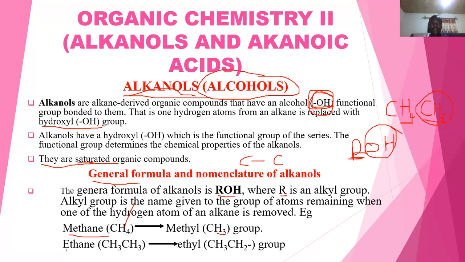We have also ethane. When we remove one hydrogen atom here, from 6 there will be 5, so we get the ethyl group. When we have propane, which is C3H8,